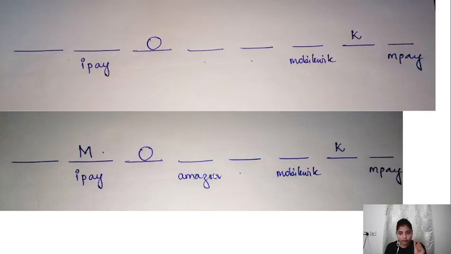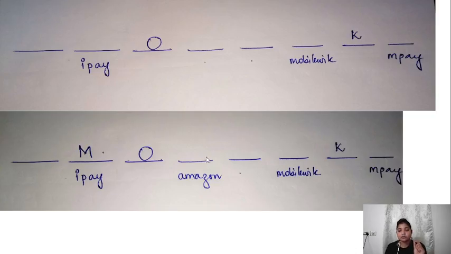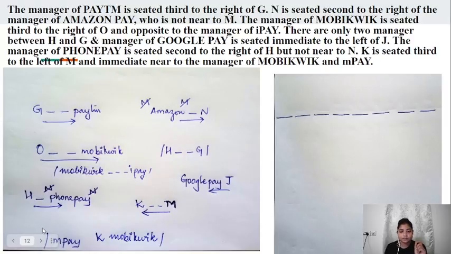If I write Amazon here, then one place, then N will come here. As you can see, there will be a condition Amazon 1 place N. So Amazon 1 place N. If I write Amazon here, 1 place N, there is no place for N. So Amazon will not come here. And if I write Amazon here, Amazon 1 place N, it is another possibility. But we have another thing, that is this. If we write N, PhonePe will not be near to it.